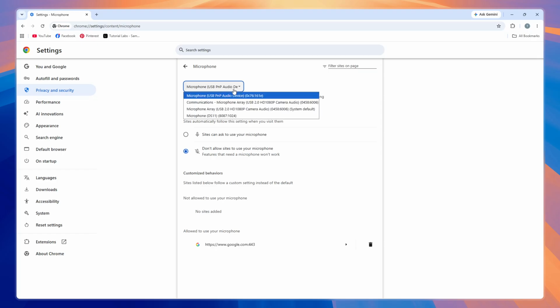Click on this drop-down to reveal a list of all available microphone devices connected to your computer. This might include your built-in laptop microphone, external USB microphones, or headset microphones. Make sure to choose the microphone device you want Chrome to use by clicking on it from the list. Selecting the right device here is important because this tells Chrome which audio input to use whenever a website requests